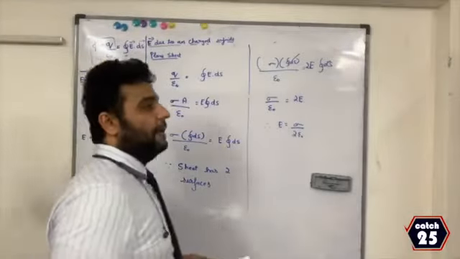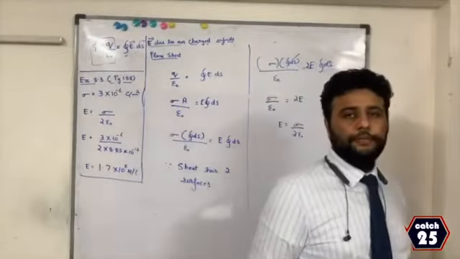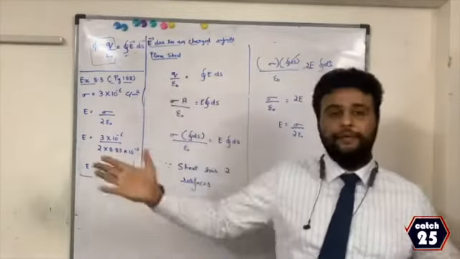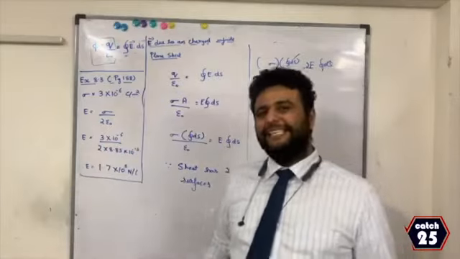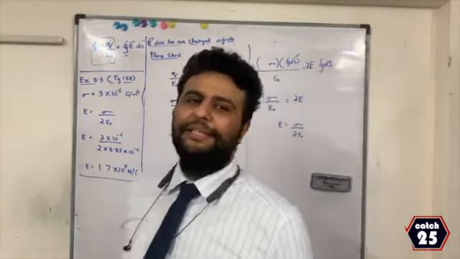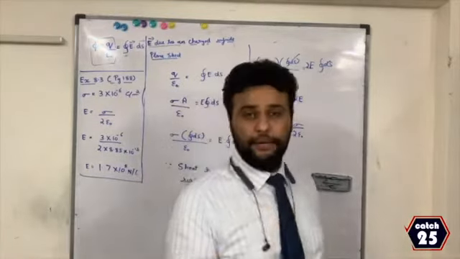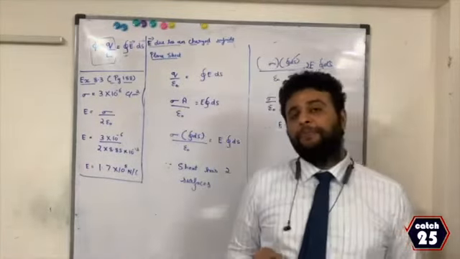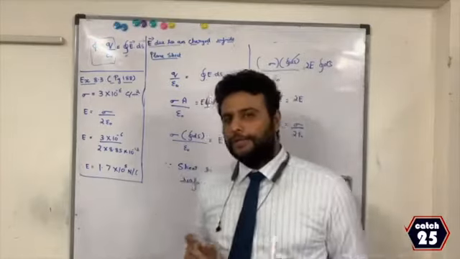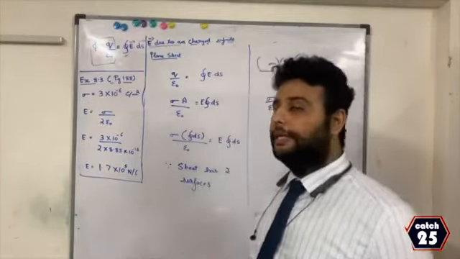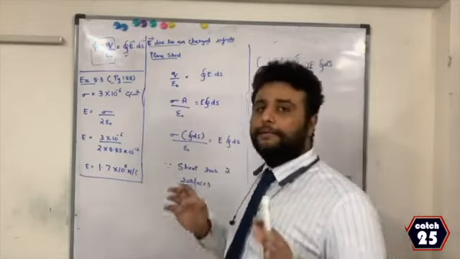Now the third and last application of Gauss theorem is to find electric field at a point outside a plane sheet, infinitely long plane sheet. There are diagrams, there are derivations in the textbook, but this is a very small topic and I'll give it to you in a very easy way. You'll understand it much better, and it comes for hardly 2 marks, but you should know the final result for electric field due to a charged sheet. Now let me, without any diagram, just try to understand.